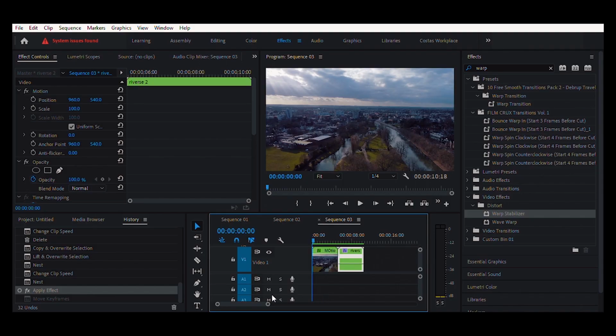Also, a thing that I'm not doing though is by right clicking on the clip and go to your show clip frames, you got an option here, time remapping and speed. By pressing that, it shows you a line which you could go up and down and play around with to decide how long you want it to speed up or slow down, or even slow down and then speed up. As I said, there's endless ways to get creative.